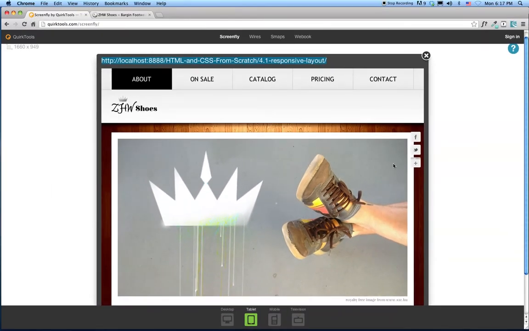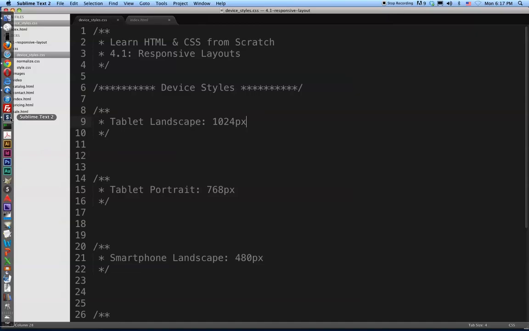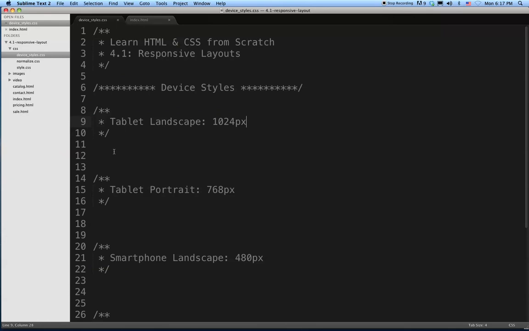So I have a couple different options here. I can hide the social media bar, or I can opt to move it to a different section. So for example, I think what I'll do here is I'll use this empty space here and just position them on top of the logo panel in this corner. So let's go ahead and go back to the code, and we will write out our first media query to